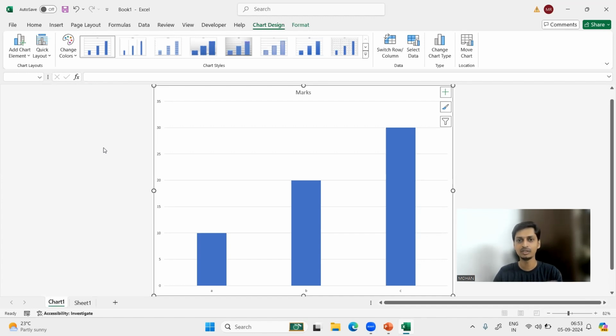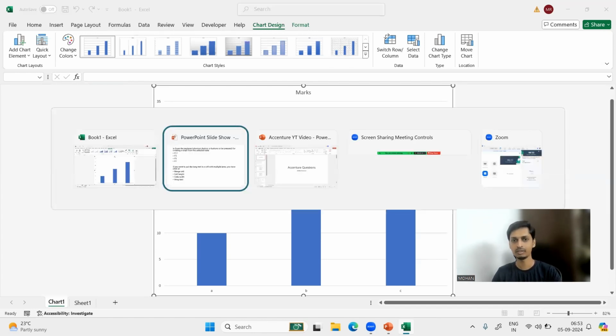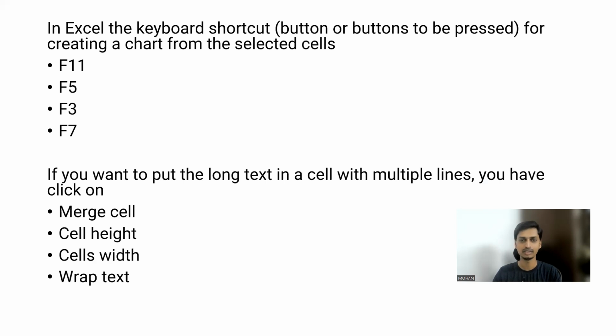And in examination, you won't get an Excel sheet like this, so you can't practice and write. So you have to practice prior, right? So we have included this kind of questions in our class course, right? I invested much time to create videos for Microsoft Office, and that will help you out. Okay. Now the answer for this question is F11.